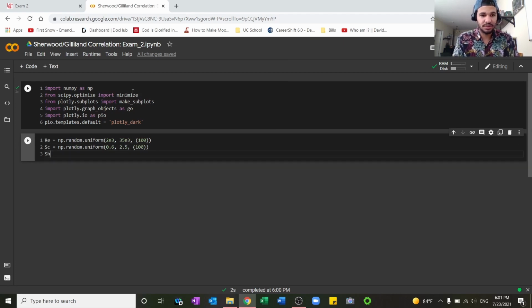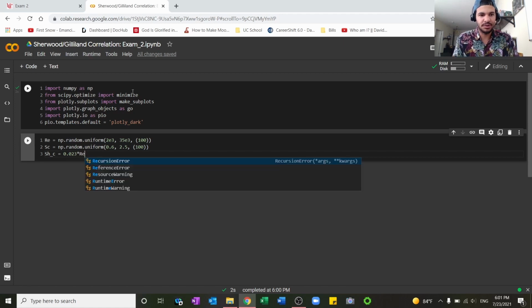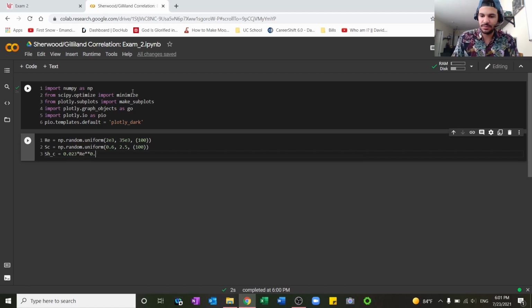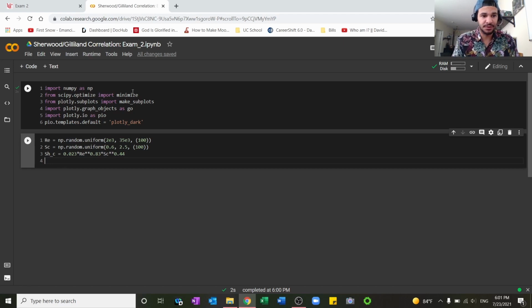Then the Sherwood correlation equation as defined in the textbook is 0.023 times the Reynolds number raised to the 0.83 times the Schmidt number raised to the 0.44. Then we want a 10% error, so we're going to